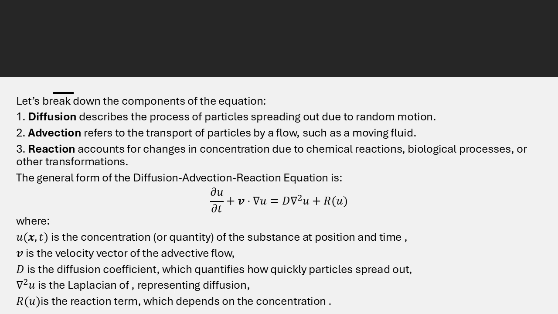Now imagine you're trying to track a patch of pollution spreading in a river. It's not just diffusing outward, it's also being carried downstream by the current. So that's where advection comes into play. Right. It's adding another layer of movement on top of the diffusion. Precisely. And this combination of diffusion and advection is crucial for understanding how pollutants disperse in the environment. It helps scientists predict where pollution will travel, which informs cleanup efforts and helps protect ecosystems.